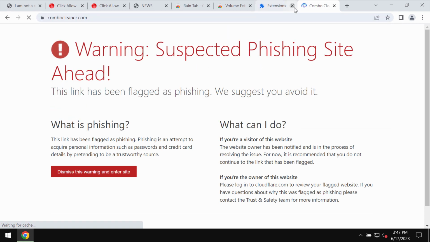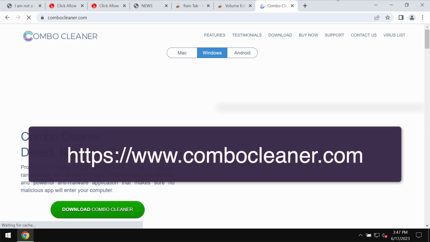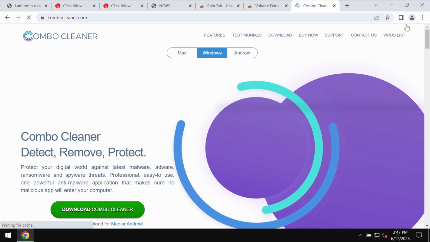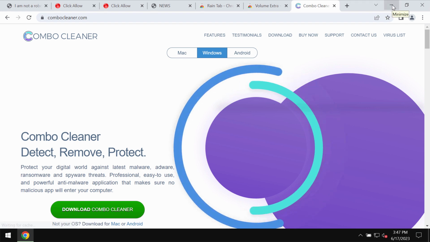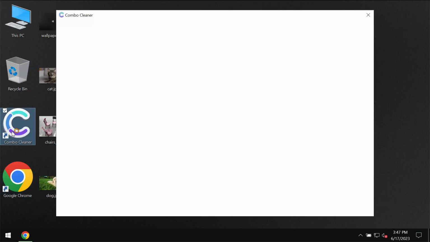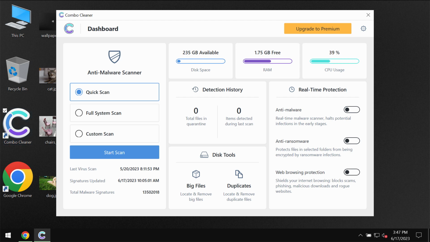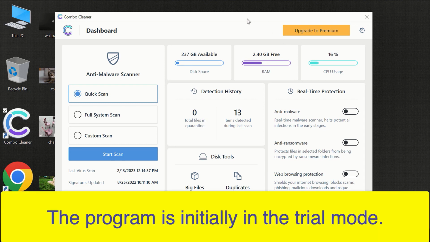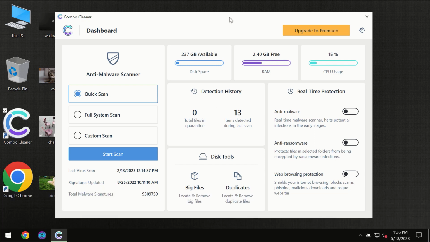To make sure that the system is free of other threats, I recommend you to scan it with Combo Cleaner Antivirus. You may get it on the page combocleaner.com, download it, install it, and start investigating your computer with its help. After you have successfully downloaded and installed Combo Cleaner Antivirus, for the first time the program will be initially